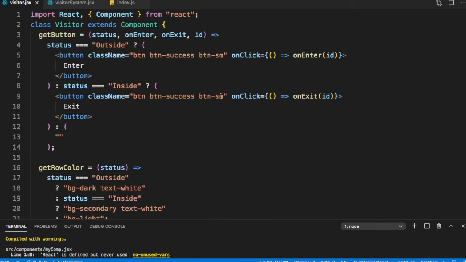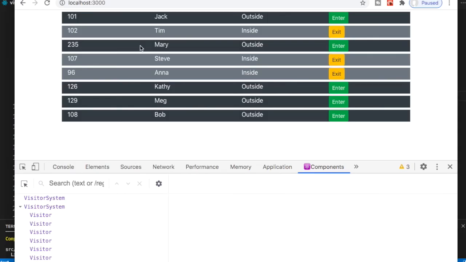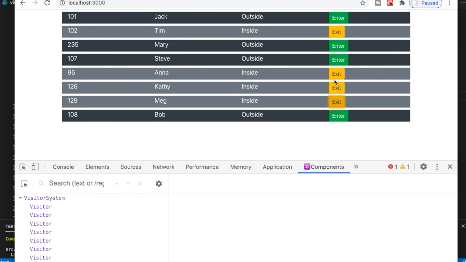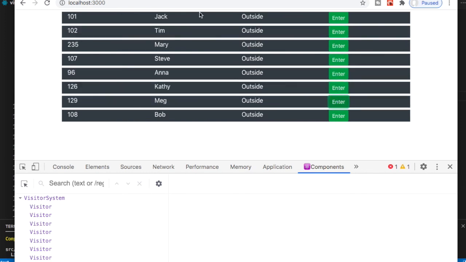So the button for exit is, let's say, bg-warning. So I can enter, you can see the button color has changed and I can exit. So this part seems to be working fairly fine.